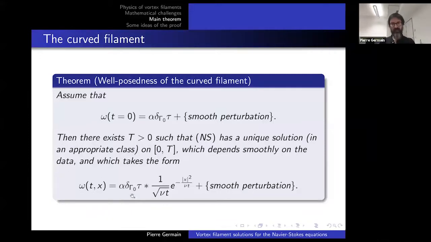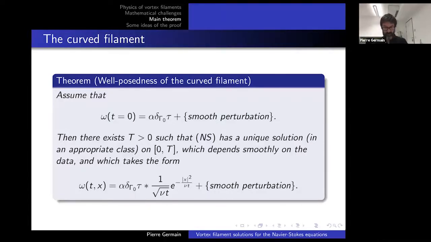So at time t, you get the smooth vortex filament, which you convolve with the fundamental solution of the heat equation. And then, the smooth perturbation remains there. So how should we understand that? What this means is that, as expected, the microscopic structure of the solution is given by the Lamb-Oseen vortex, which you fit on this curved filament. Right? So the Lamb-Oseen vortex in principle is given by